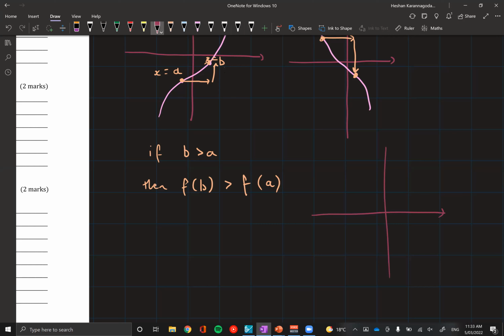Let's just sketch some other example. I'm going to do X cubed, okay? So the graph of Y is equal to X cubed. We should know that X cubed is flat at the middle, at the point of inflection. What flat means is essentially a gradient of 0.